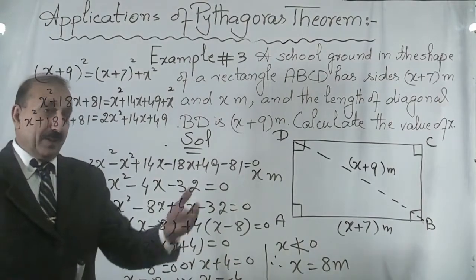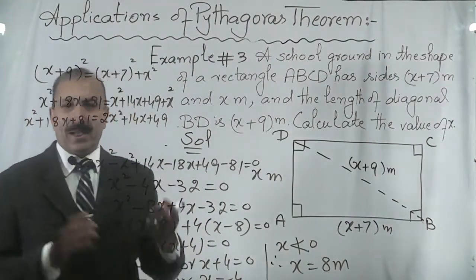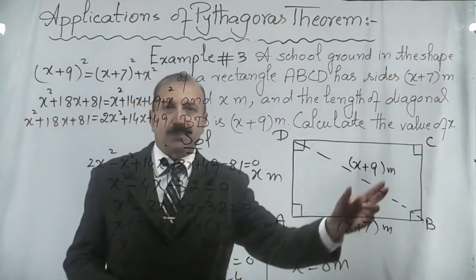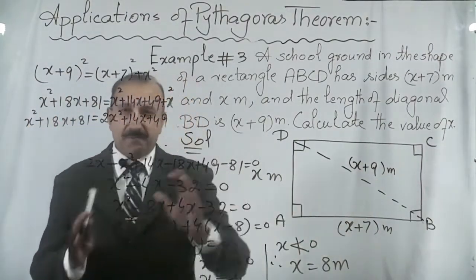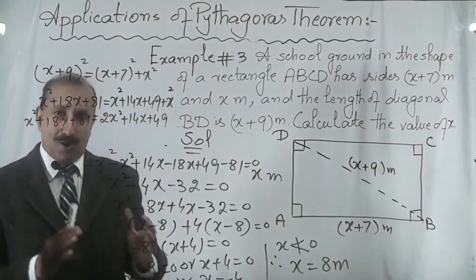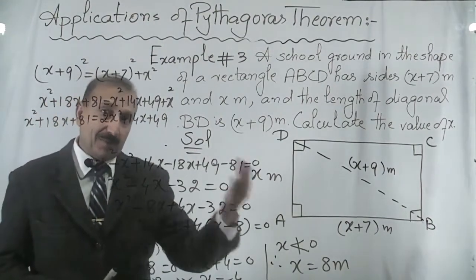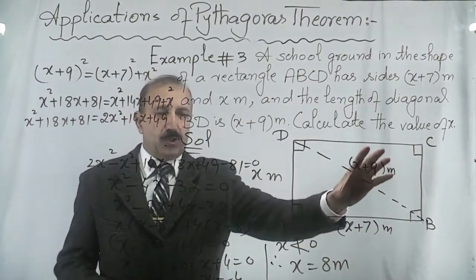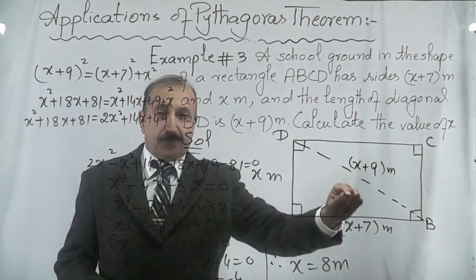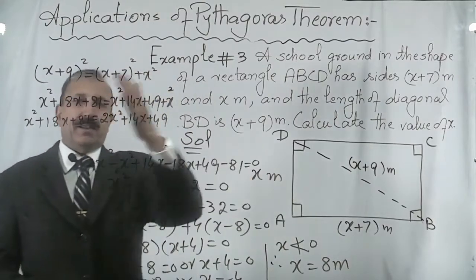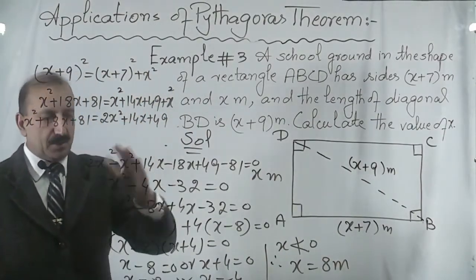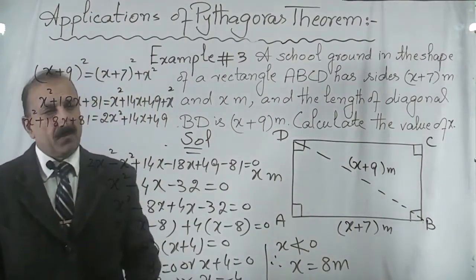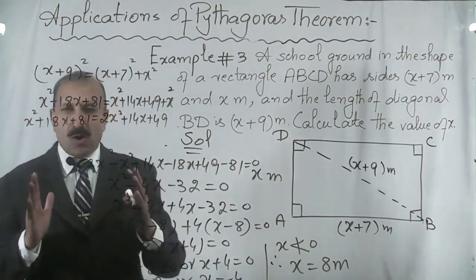So in this question there are more calculations because of the involvement of algebraic expressions, but we work in the same way, with the same concept that we learned from the Pythagoras theorem idea, and then we utilize it in a word problem. We draw the picture, and on this figure we apply the Pythagoras theorem, and then we use a little algebra, simplify it, and finally we get the value of the unknown. I hope with these three examples you got a sense of